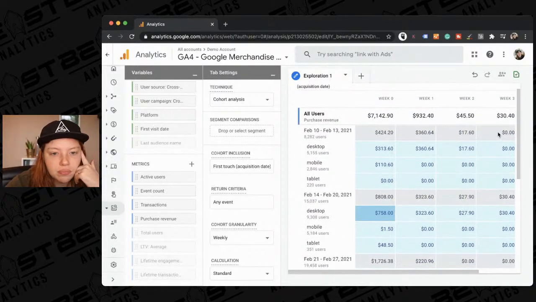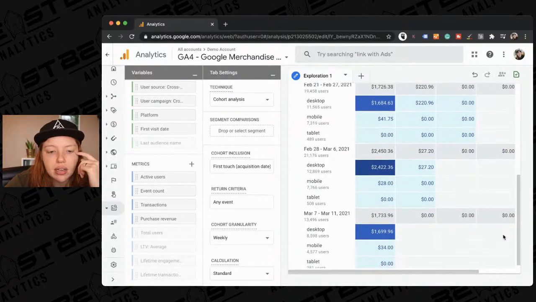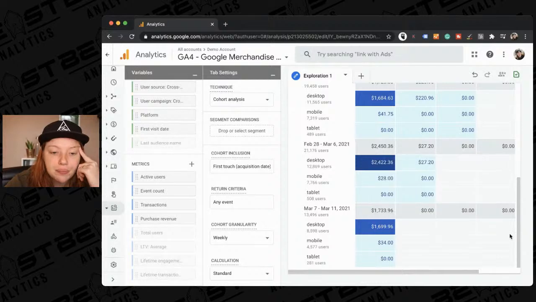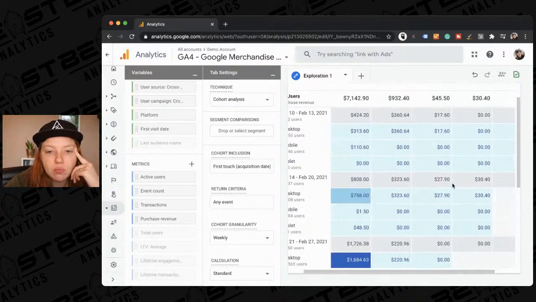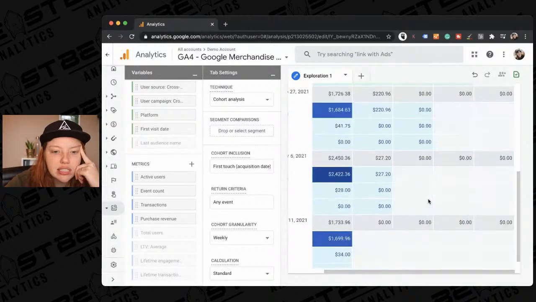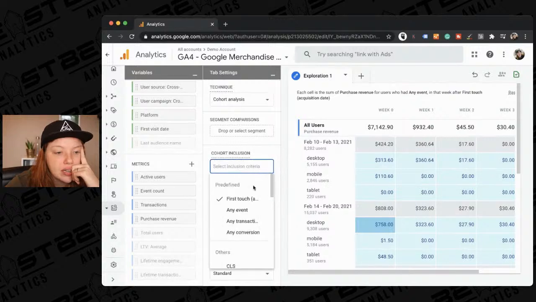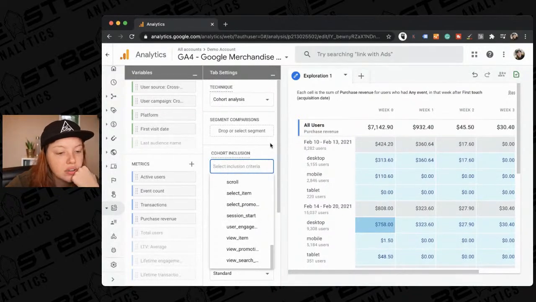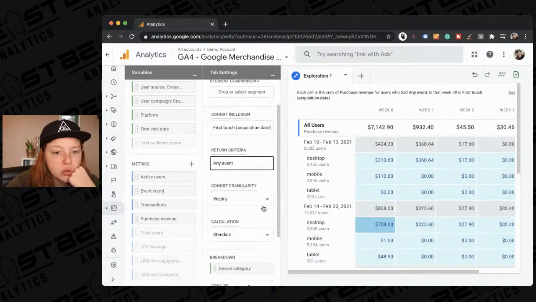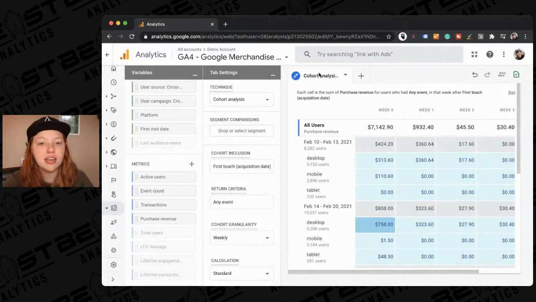Interesting. So on desktop, and the same was true with tablet, by the way. On desktop, however, people buy in week 1 or 2 or 3. Doesn't look like we've had any 4 week though. So interesting. This is a cool little report here. And so I think what you can do is, let's say we have this cohort analysis,